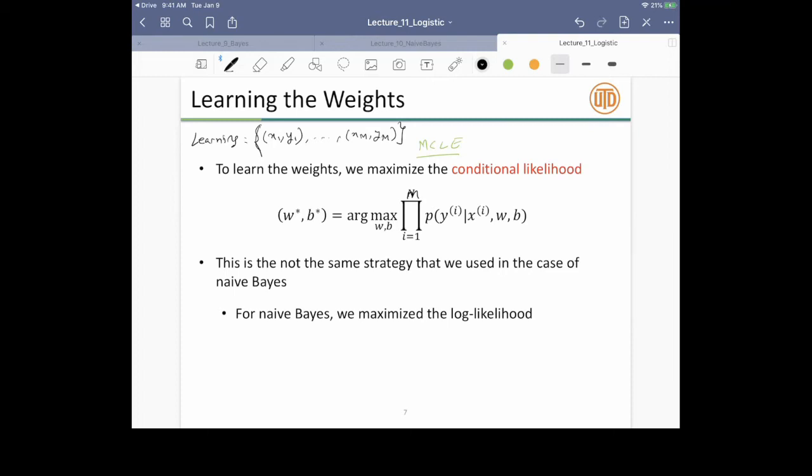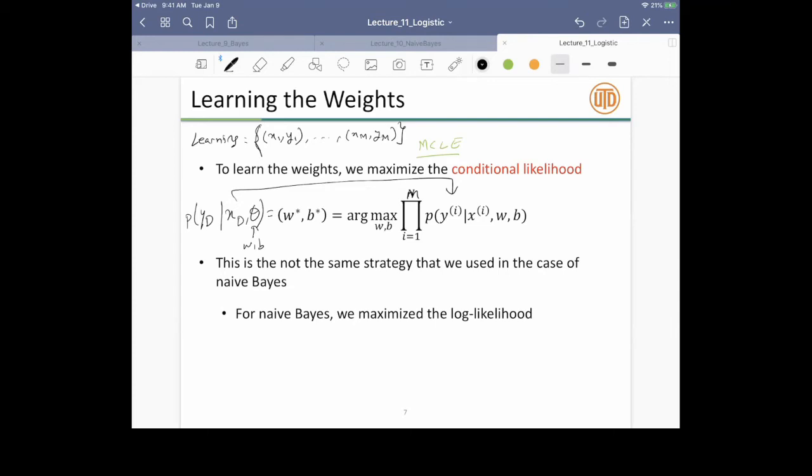So the probability over the data, the conditional probability of P of y data given x data, given theta, where theta here is w comma b, is nothing but this term over here, which is the product over i from 1 to capital M of P of yi given xi comma w comma b.